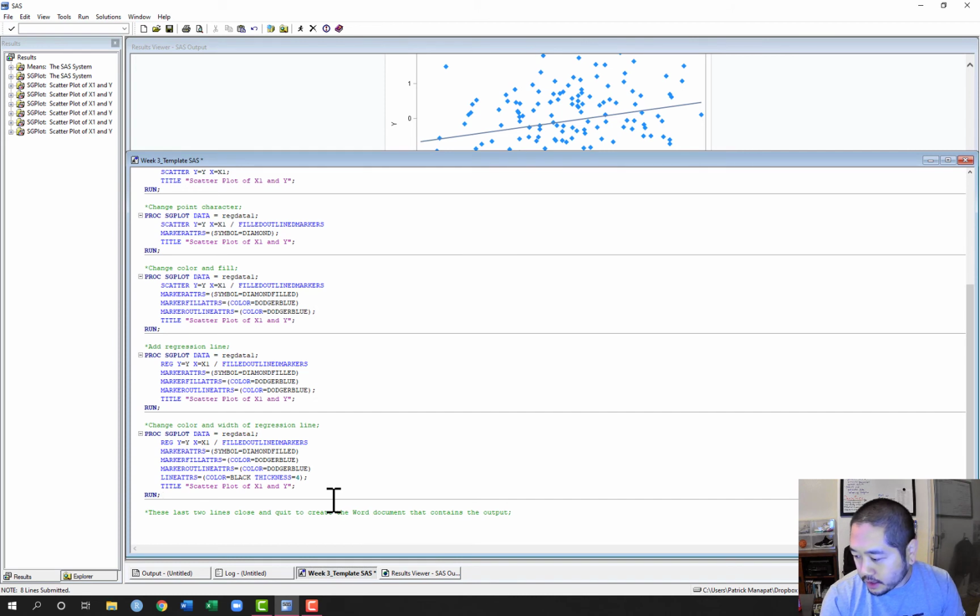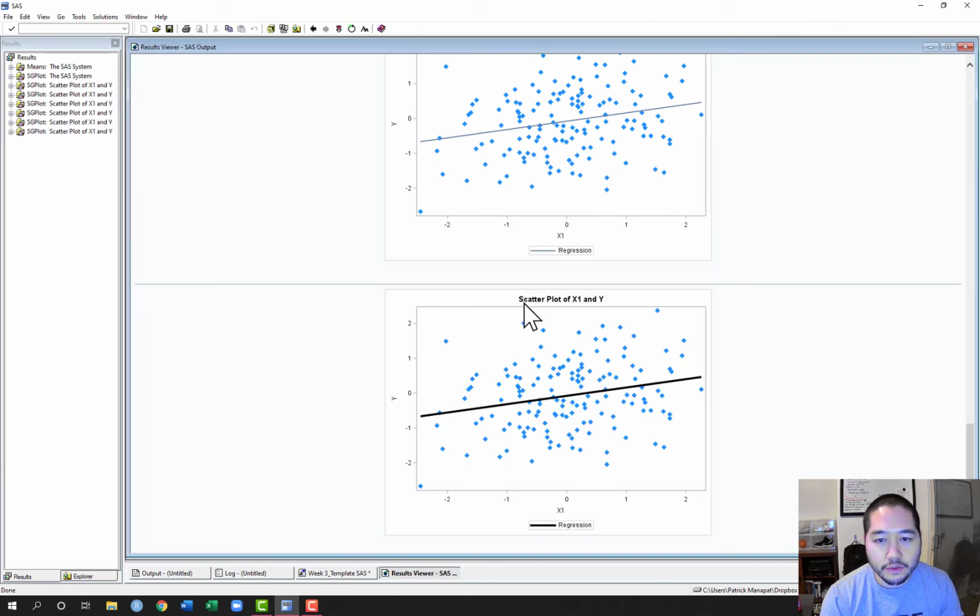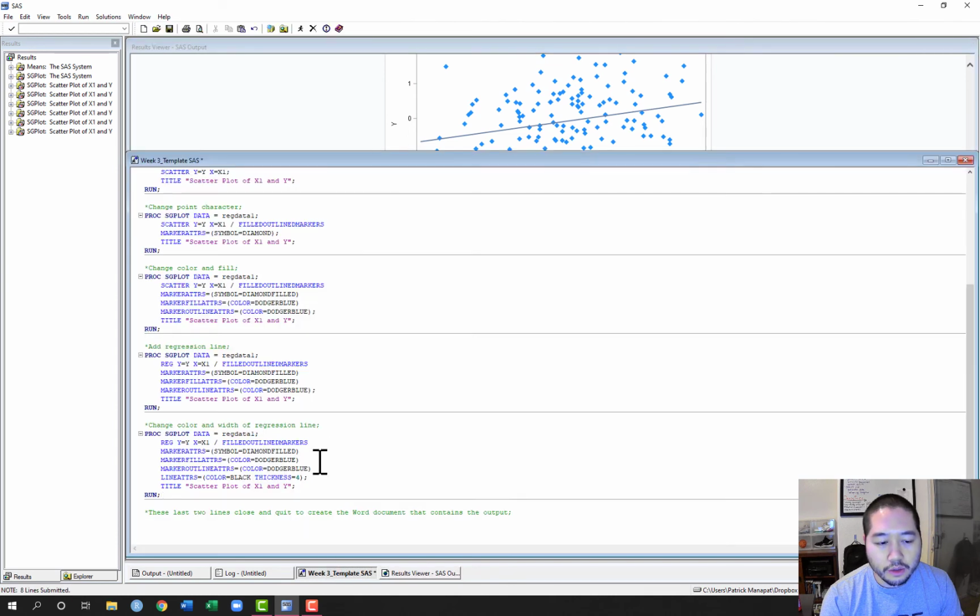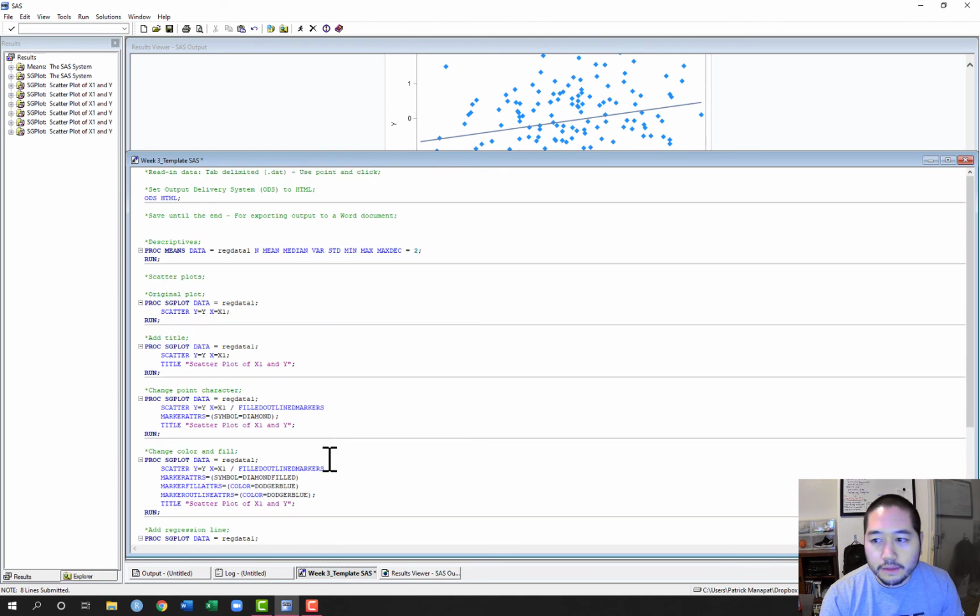Alright, so that's it for coding. What I'm going to show you now is, if you want, instead of having the output be in this results viewer, you can actually export this to a Word document so that you can copy and paste plots and you can copy and paste tables. So we go up here, back to the top of our syntax file, and after ODS HTML and before the first procedure,